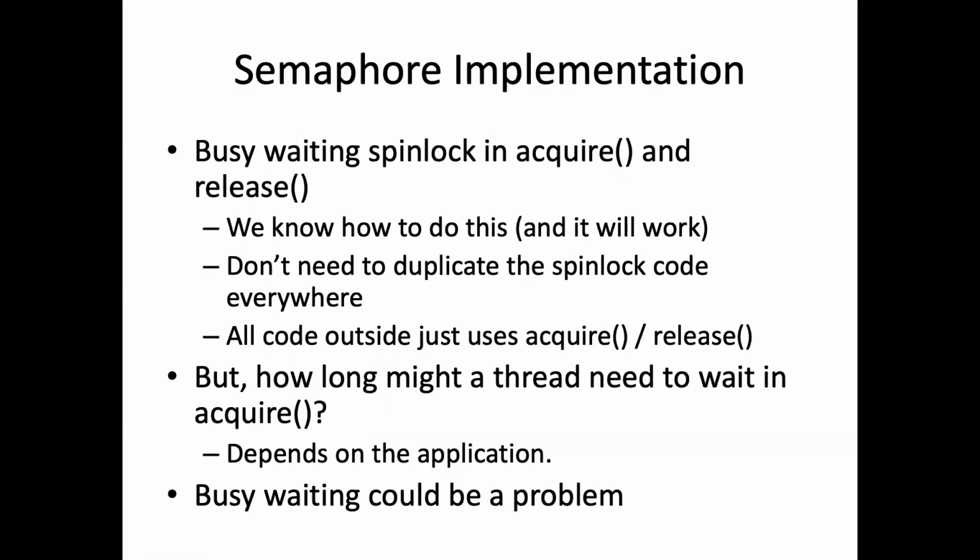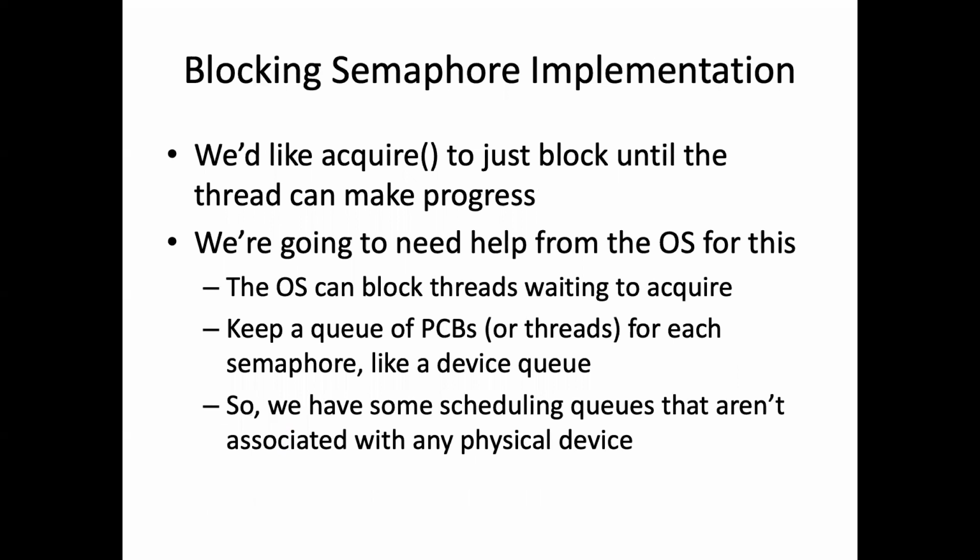until someone releases that semaphore. To do this, and I've said this a couple of times already, we're going to need help from the OS. So if we want semaphores that work efficiently, we need the OS to be able to block us when we can't make progress. So we're going to count on this being implemented inside the OS, at least partially. And the way we're going to block threads when they can't make progress is we're going to have a little queue of